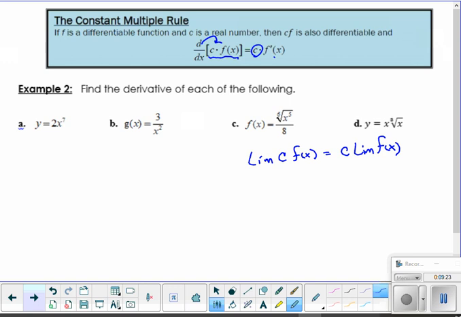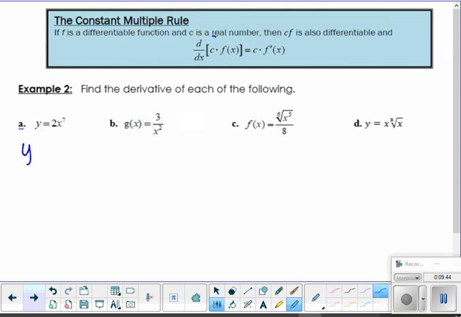Well, kind of the same thing's going on here. Just leave c alone and take the derivative of the function, okay? And I didn't put anything down here, right? Whatever the limit was headed towards. So we hit this scalar multiple rule, or the constant multiple rule, and it really just says, kind of work